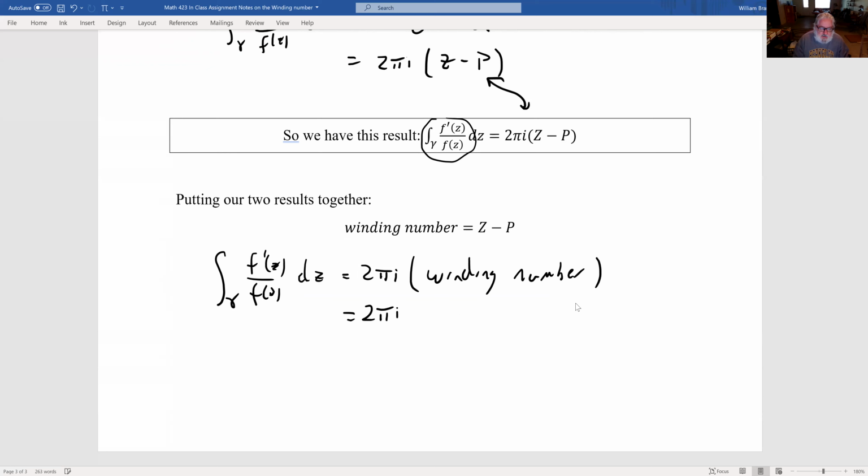Equals 2 pi i times z minus p. And so is there a way to think about this? Try and see if I can move my,